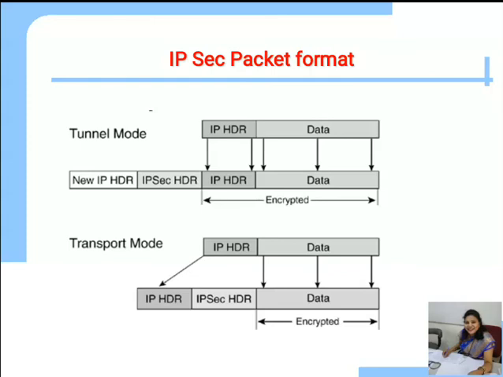The new IPsec header is placed between the data and the original IP header. You can see that the original IP header is first, then the IPsec header and data. Here data is protected or encrypted in transport mode. But in tunnel mode, the IP header and data both are encrypted. Then there is an IPsec header, and a new IP header consists of the source and destination IP of the server or router of the source and destination PC.